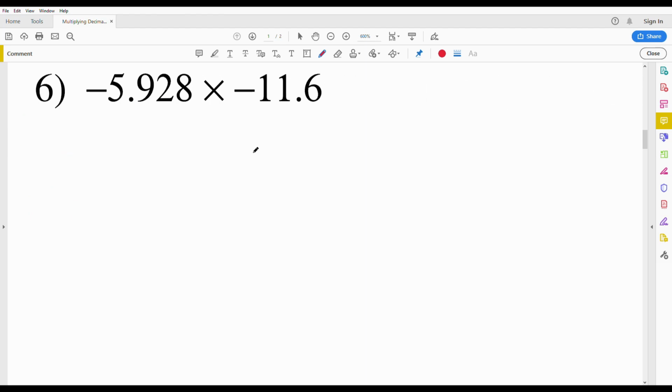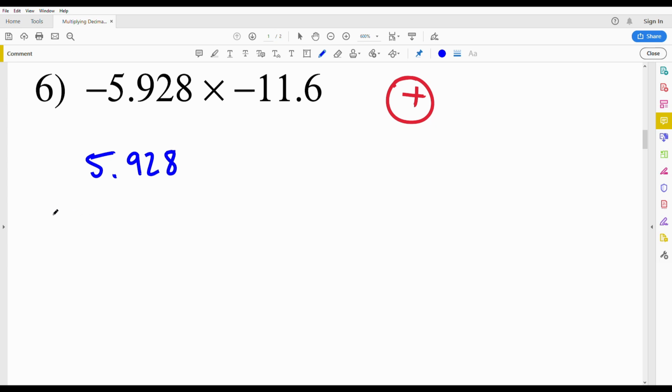In number 6, we have some lengthier numbers. And I like to take the one with more digits as my top number over the one with fewer digits as my bottom number, just so that I don't have to write as many placeholder zeros. So I'll just do this multiplication as is. And a negative times a negative, let's make a note, that's a positive. So I'll have